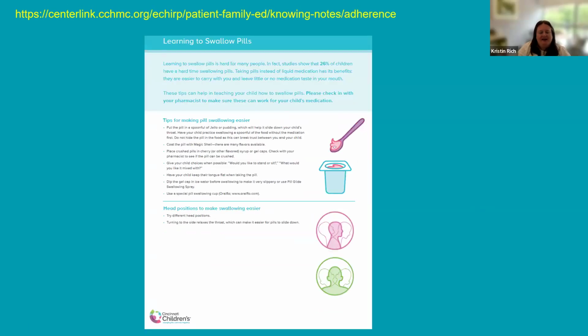Another common barrier challenge we get at is, these are kids. They may not have learned to swallow pills yet. And in fact, it's not uncommon for children to have difficulty learning to swallow pills, either because they're fearful, it's scary, they had a bad experience, or they just don't really understand the concept of this yet.